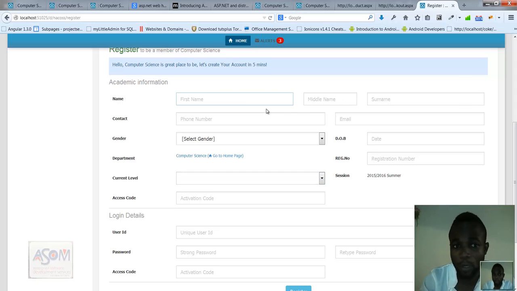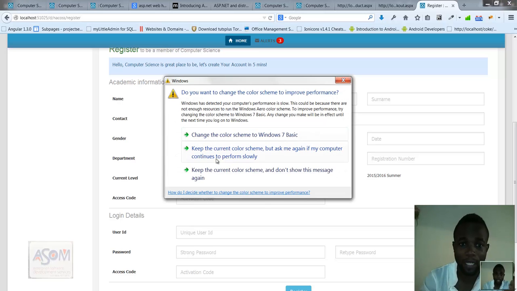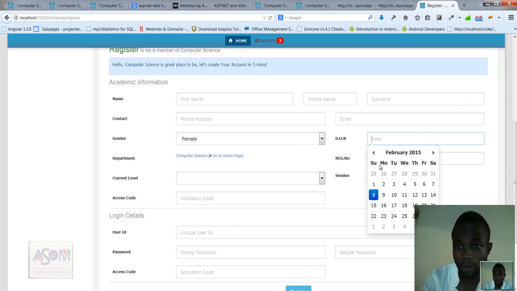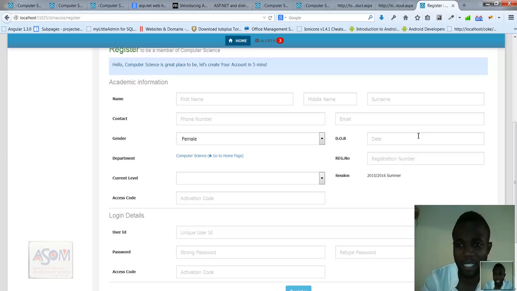Here the student has to put in their first name, last name, surname, their phone number, and email address, and this phone number can also be used to perform the login, for authentication, when you want to log into the system. Then they are expected to select the gender, the date of birth, which can be removed, but